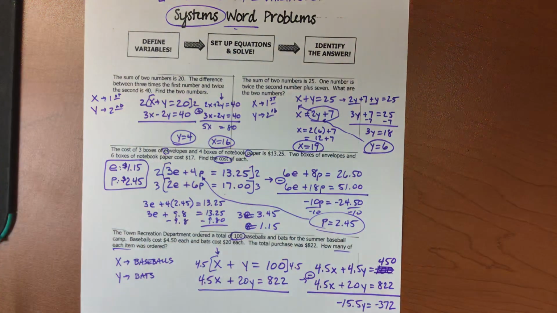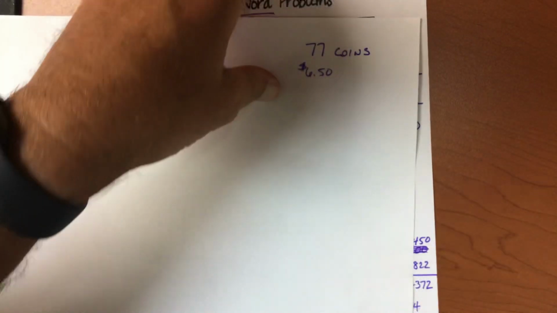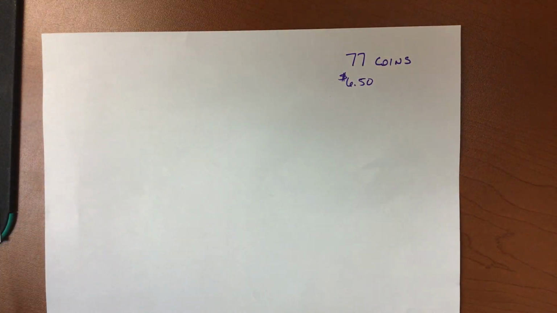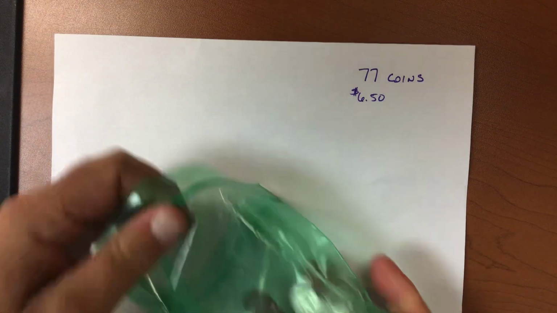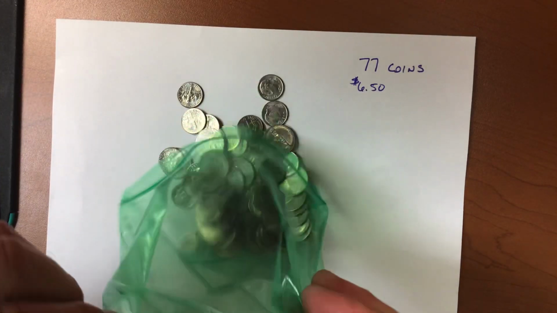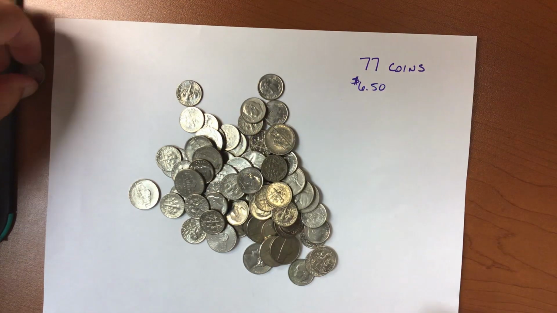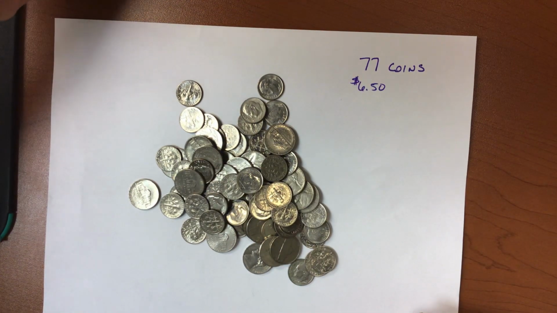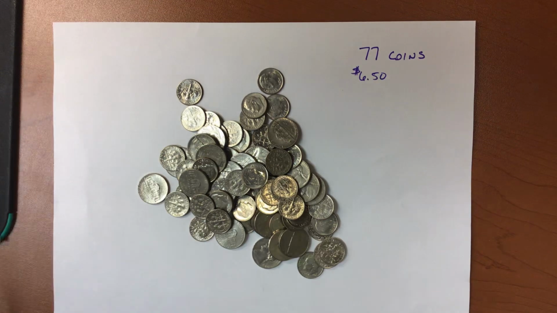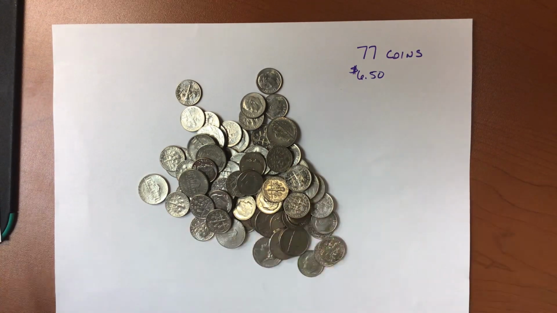One last problem is this. I'm going to remove this. And I've got these coins here, right? So these coins, if I said to you, oh, dimes going everywhere. Oh, come on. Come on. Okay, this one's being stubborn. There we go. Okay, so here are 77 coins that add up to